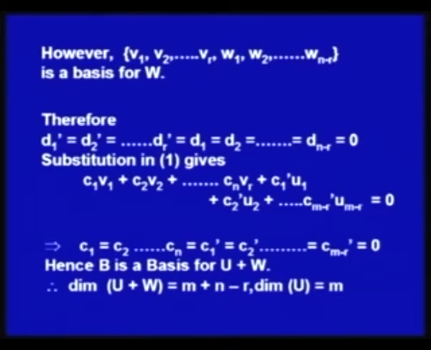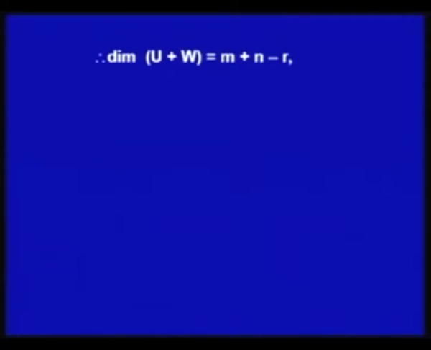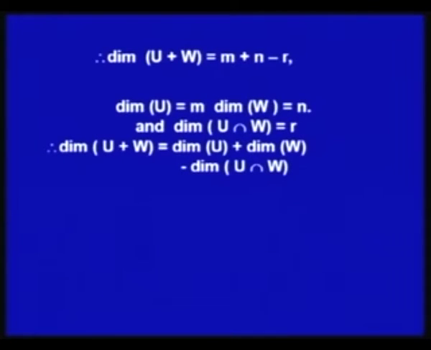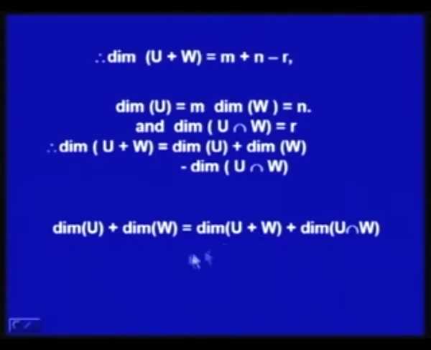m plus n minus R, where dimension of U is equal to m and dimension of W is equal to n. So, starting with dimension of U plus W is equal to m plus n minus R, and dimension of U is equal to m and dimension of W is equal to n. Further, dimension of U intersection W is equal to R. So, if we substitute these things in this result, then we will have dimension of U plus W is equal to dimension of U plus dimension of W